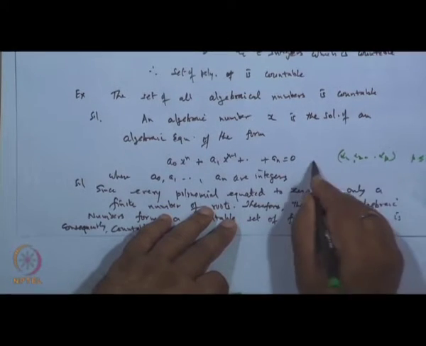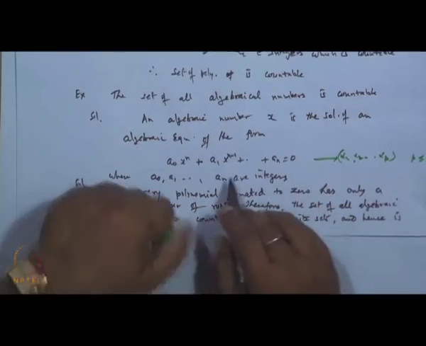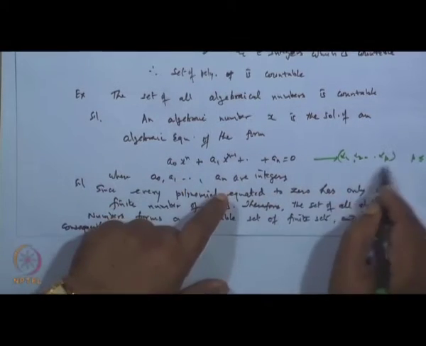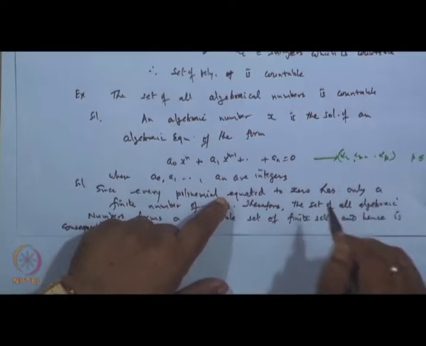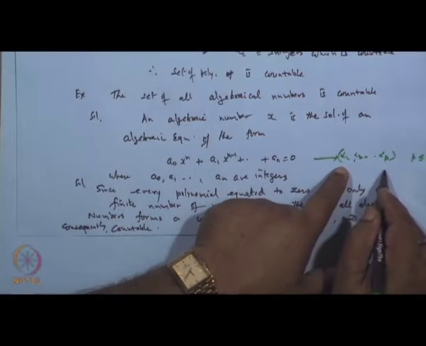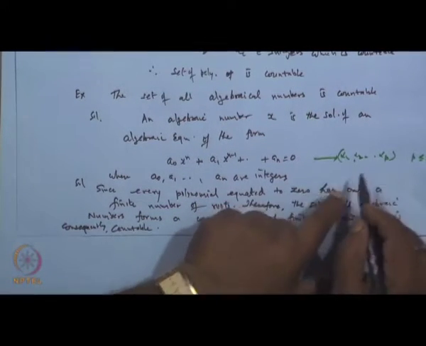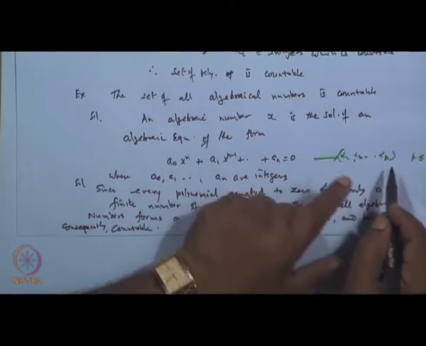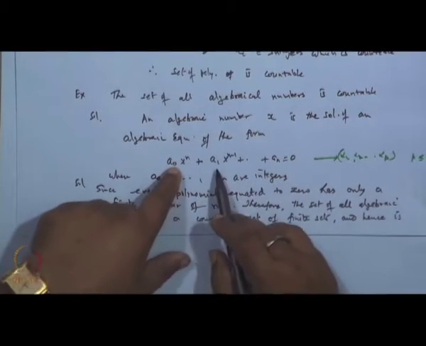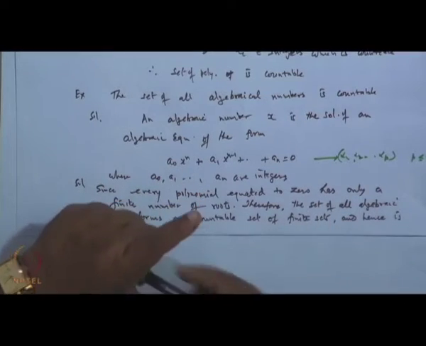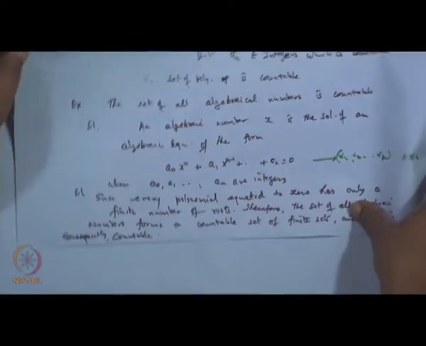The collection of all such equations means a collection of all such elements, but these are finite, which is countable, and the collection of p-tuples is also countable. So, this set will be a countable set. Then, once we have the algebraic numbers,